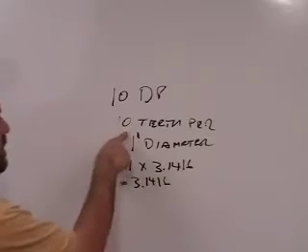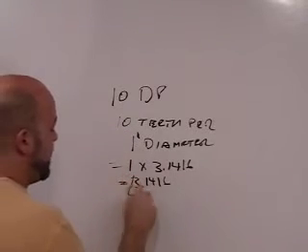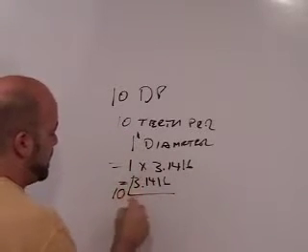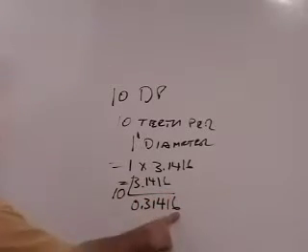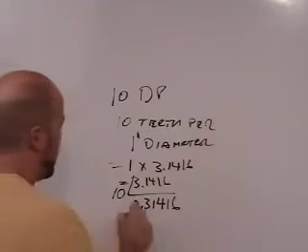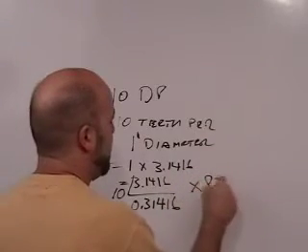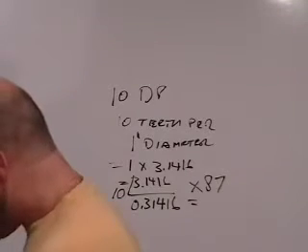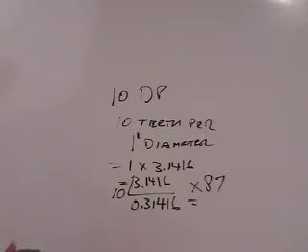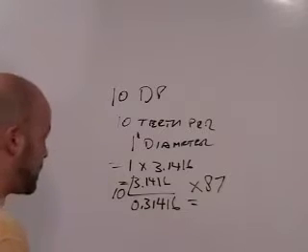And if it's 10 teeth and it's pi, I divide that by 10, and it's 0.31416. All right? And if it's 87 teeth, 0.31416 times 87 equals